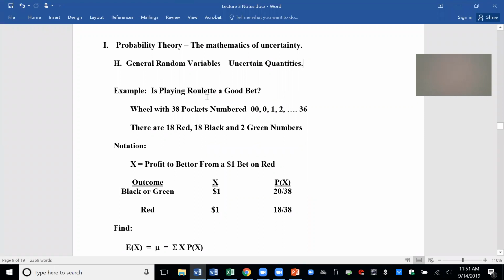As you know, we've been talking about probability theory, the mathematics of uncertainty, and points A through G dealt with basic probability concepts and probability rules. In our discussion and our examples, in all cases there were situations where we had qualitative data. Did they buy the product? Did they see the ads? Things like that. Now in random variables, we turn our focus to quantitative data.